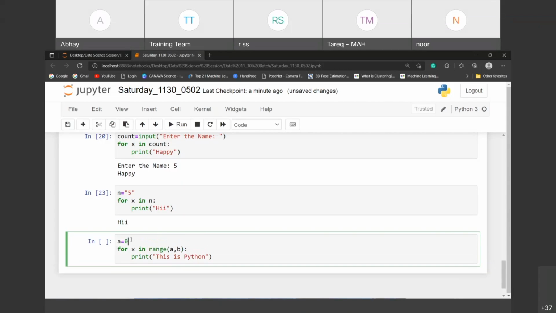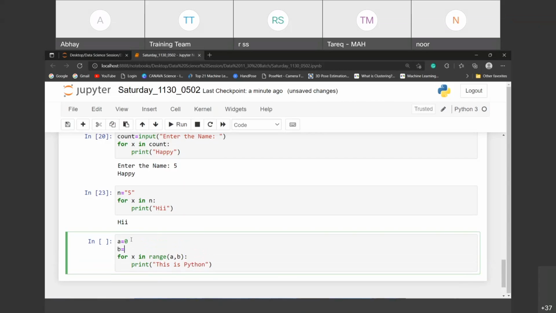A is equals to 0 and B is equals to 5. So guys, what will be the answer? Means how many times will this print?